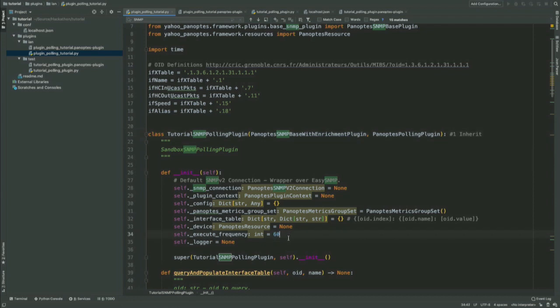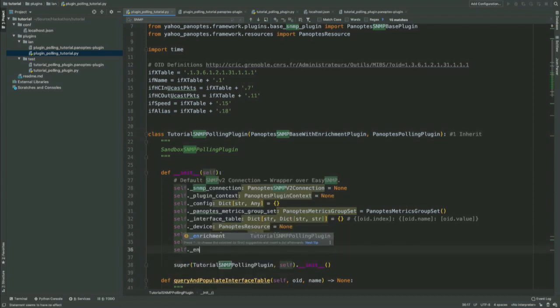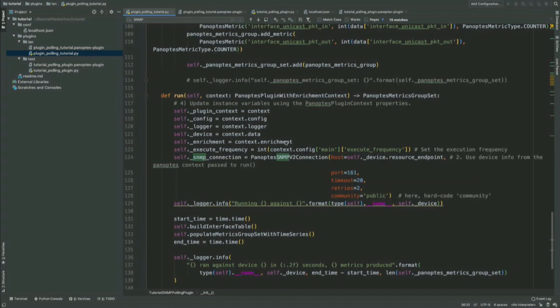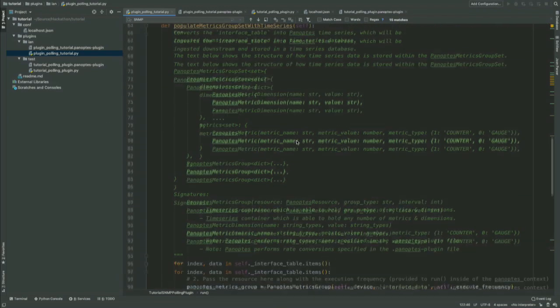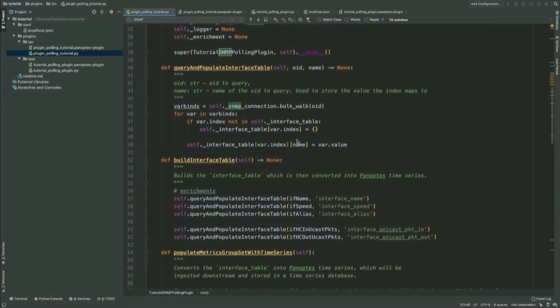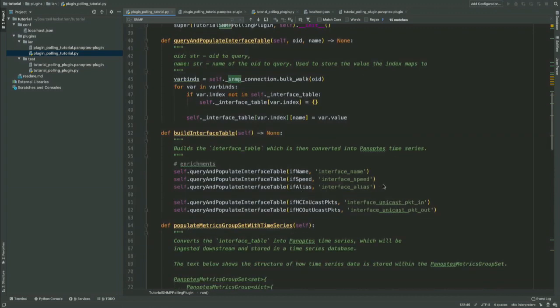Then what you would do at that point is add self.enrichment under your init to your properties, and then down here you would define your enrichment, which would be defined from the context coming in. Then I'm just going to show you what the line of code looks like, and then point you towards the other open source plugins to look for examples, since unfortunately I can't do this portion live. You would grab self.enrichment,